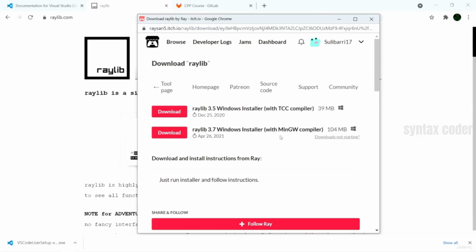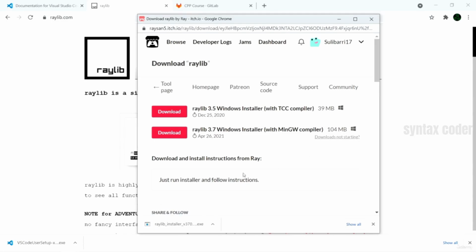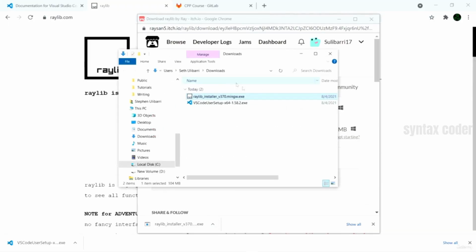We'll get into what compilers are in a future video. Now it's okay if this number here is different as the versions update from time to time. So if it says 3.8 or a later version, that's fine. You're still just going to click Download. So once the download has completed, you'll see a pop-up at the bottom left of this little window showing you that you now have a .exe. This should be in your Downloads folder. You can click the little arrow and select Show in Folder if you want to see it there in the Downloads folder. But you can run this .exe just like we ran the VS Code .exe, so I'm going to right-click